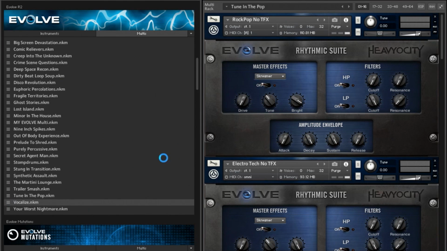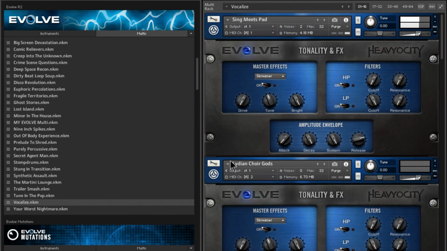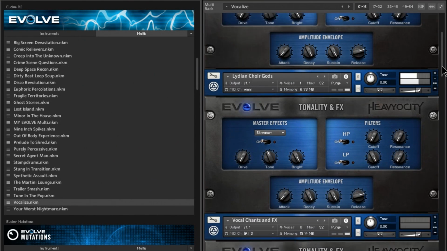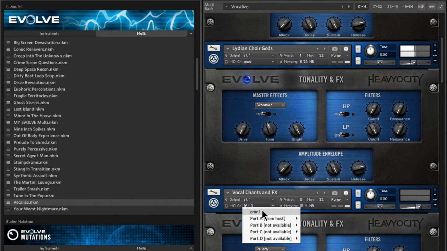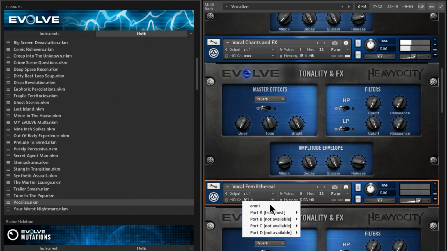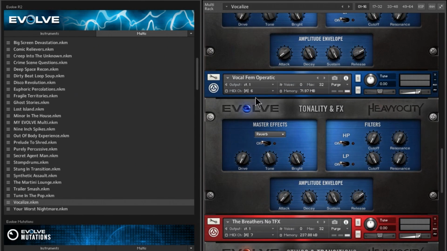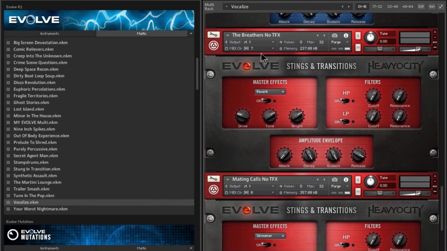Let's move on. Get through these here. Now this would probably be much better on separate MIDI tracks because we have so many voices going on here. I'm not sure how they're going to play together, but